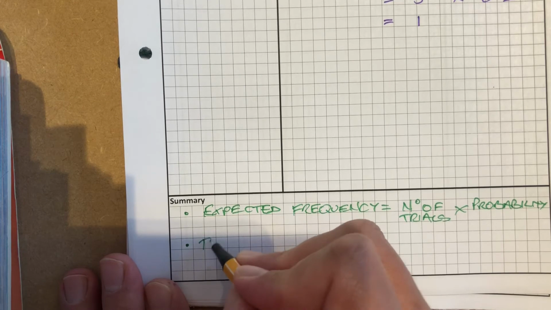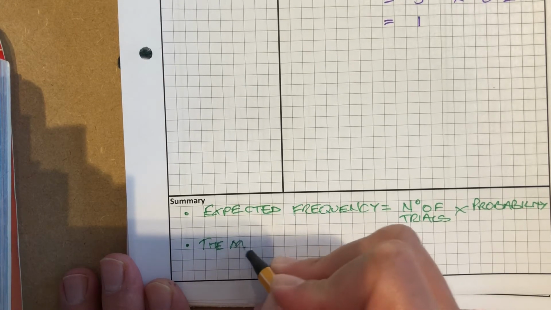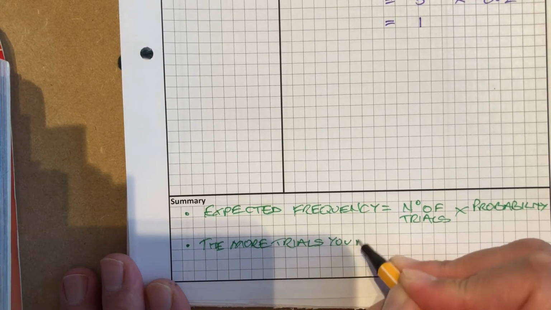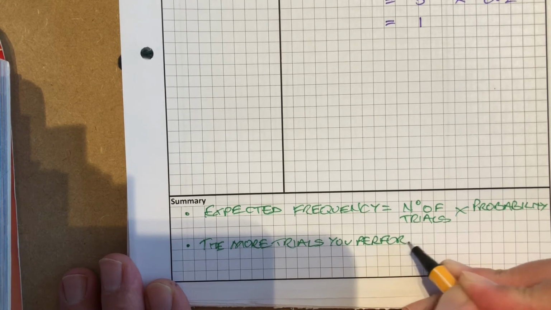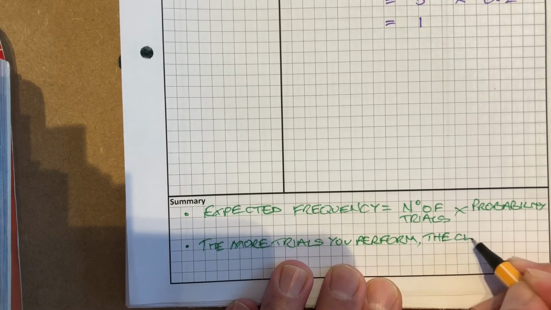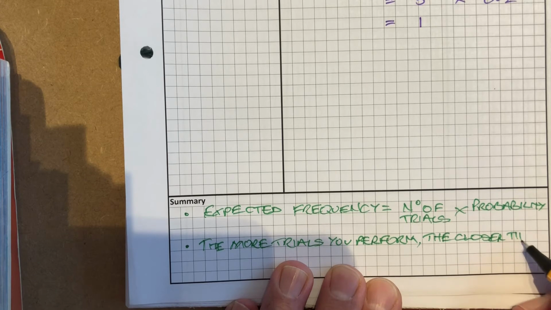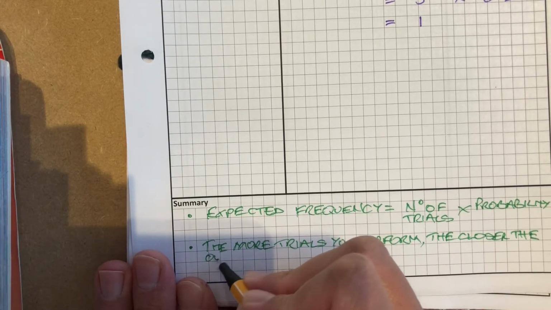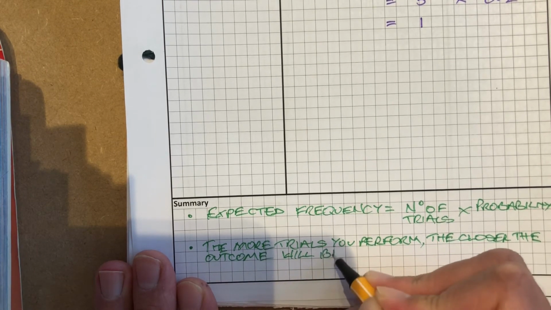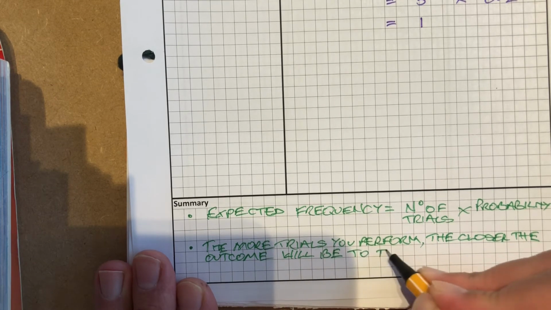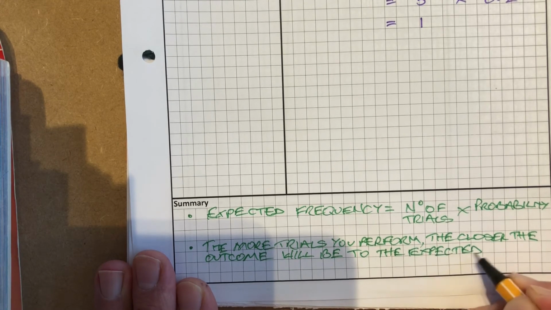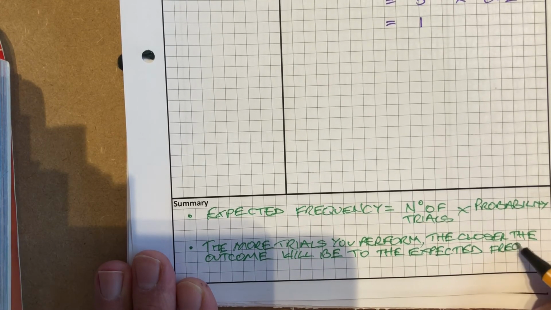and I'm also going to notice that the more trials you perform, the closer the outcome will be to the expected frequency. So